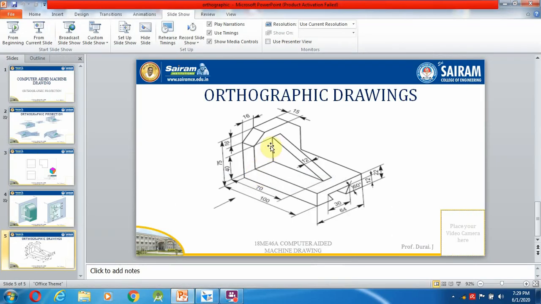So the height, this triangle we can go and draw. So for this I am going to start with, see, from here to this end the dimension is 70 mm, from here the height is 40 mm.